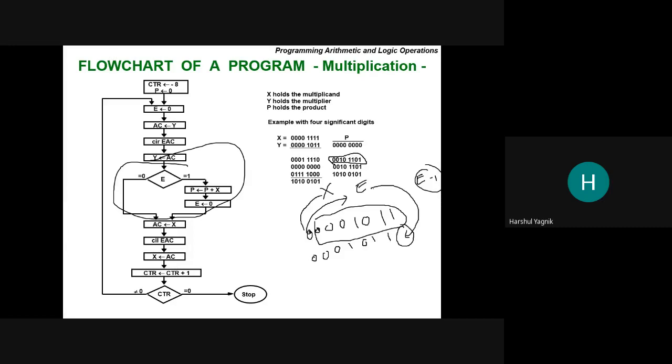Abhiraj, the -8 is not the location value. The -8 is the data value, operand value. Because there are 8 bits, we are starting with -8 and we keep on counting it, so that once it reaches the 8th bit, then we will stop the counter. Is that clear, Abhiraj?